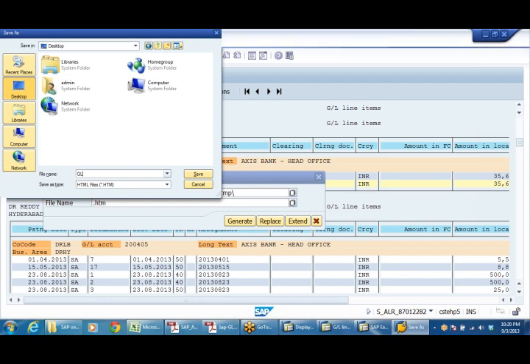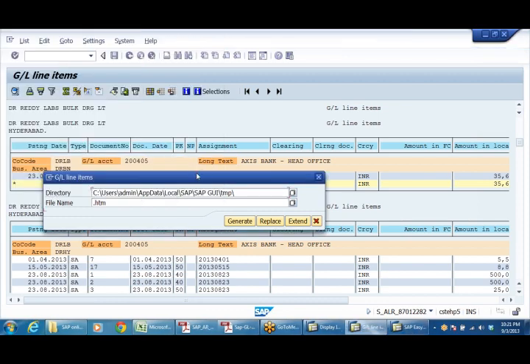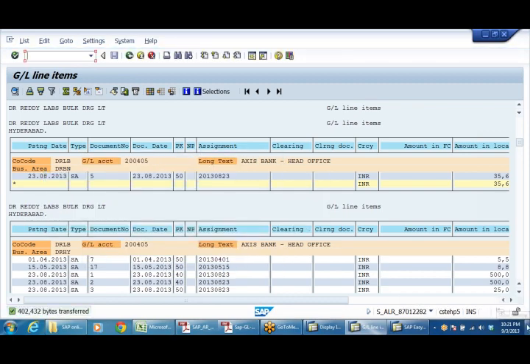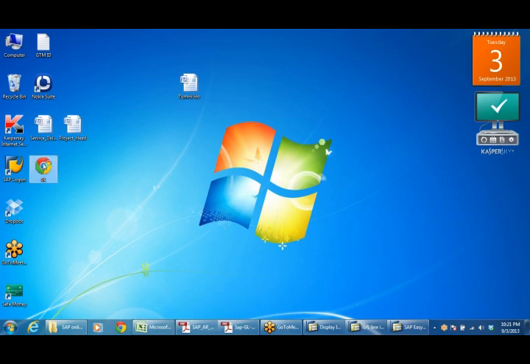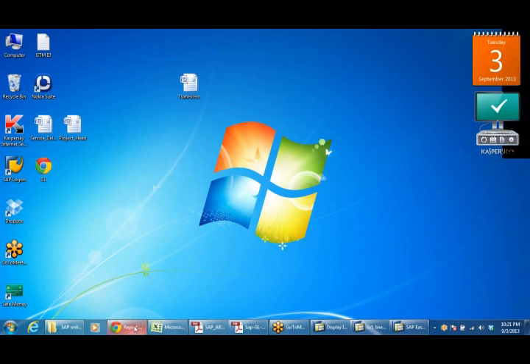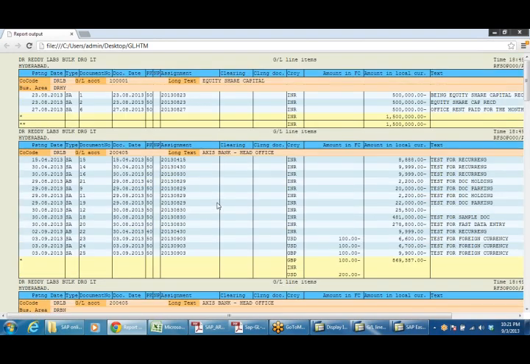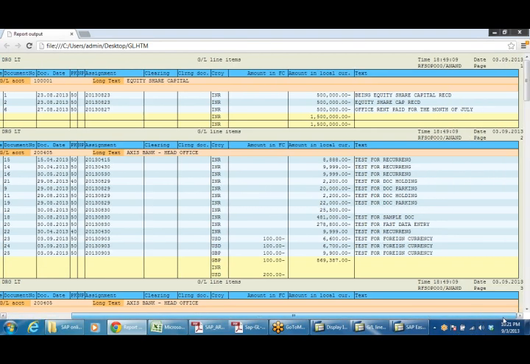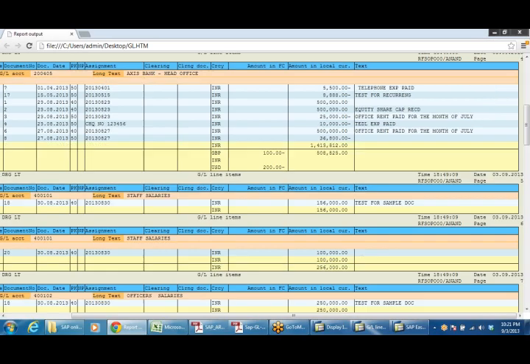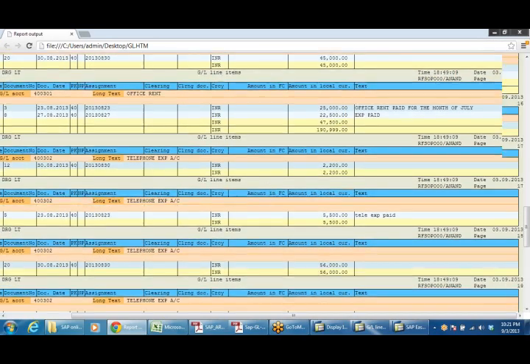Say GL, desktop GL, generate. It will create an HTML file like this. See, you can copy, paste, print, email it, whatever you want. Like this, we can download all these things.